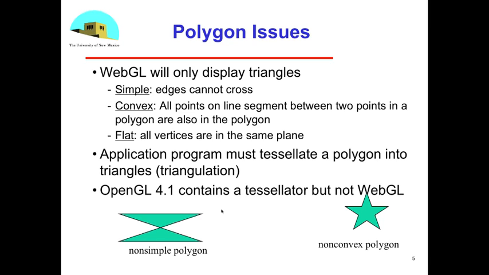Now WebGL, as we said, only displays triangles. And what is it about triangles that we like so much? Well, there are three facts that make it important for a renderer and also important for a modeler. One is we don't want to consider polygons where the edges cross, because then it starts getting very unclear about how